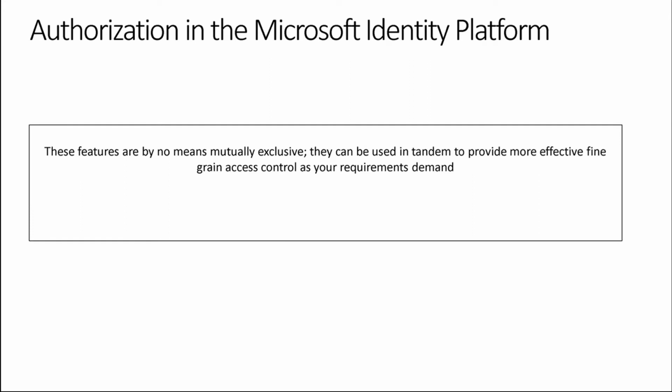You can use one or more depending on what your needs are. Some of these are required. So for example, if you are integrating a web application that signs in users, you have to declare a minimum of one scope. If you have ever worked with integrating a web application which assigns users to various roles, then you have used two of these features already.